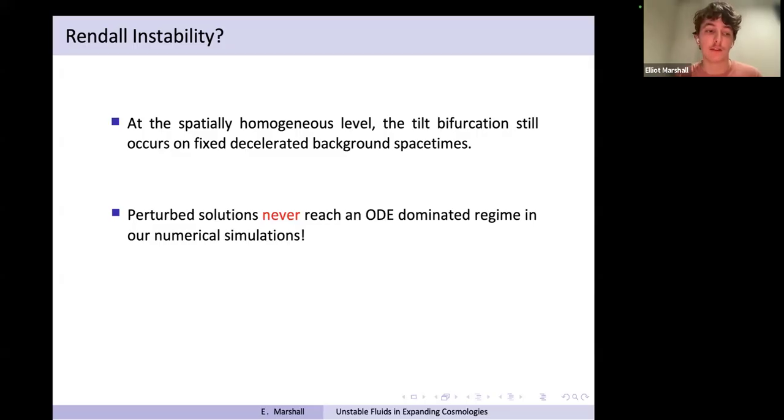And in some sense, I think this is not surprising. So this seems to be consistent with the known stability results for linear and decelerated fluids, where they have some sort of quantity which never quite decays, which suggests that you'll always have some sort of oscillatory feature or non-ODE type feature in our solution. So this seems to be a fairly reasonable expectation.